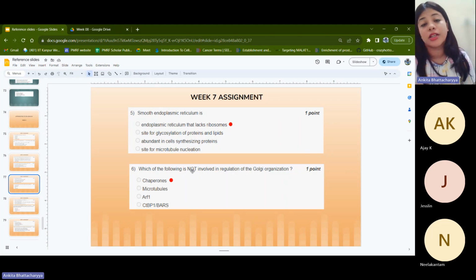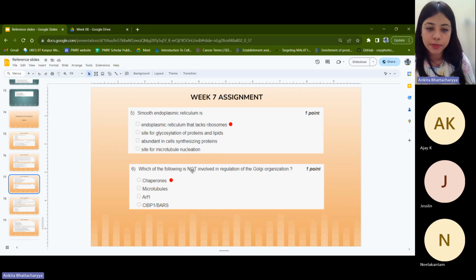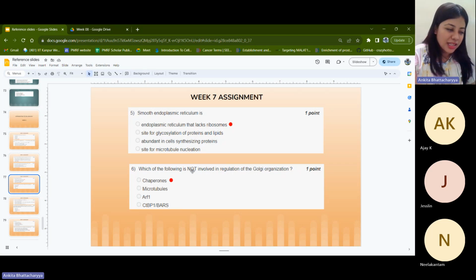The smooth endoplasmic reticulum has roles in lipid biosynthesis and in lipid catabolism as well. If I'm not wrong, omega or alpha, one of these two types of lipid breakdown processes, takes place in the smooth endoplasmic reticulum. I think it is alpha oxidation. There are different mechanisms by which lipid is broken down inside the cell, and one of those mechanisms is taken up by the smooth endoplasmic reticulum. Please look it up; I also need to brush up on it again. I think it is alpha or omega, one of these two, that is taken care of by the SER.